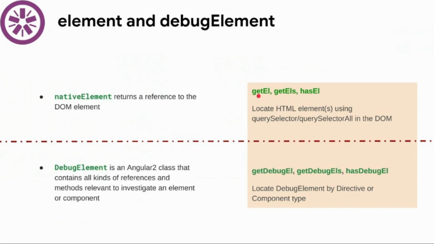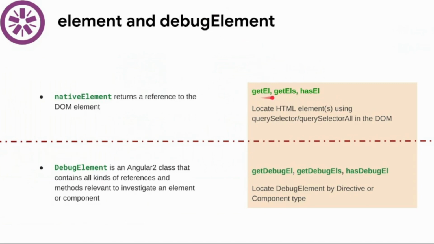Apart from that, we have already seen getEl and hasEl, and getEls. Firstly, hasEl checks whether some DOM element is present or not, and returns true or false. getEl will get the first element it encounters and return that. getEls will look at the entire DOM structure, your entire document, and get all the possible matches you have checked for. If you have searched for a class name like update class, it will check for all the update class elements in the entire document and get all of them.